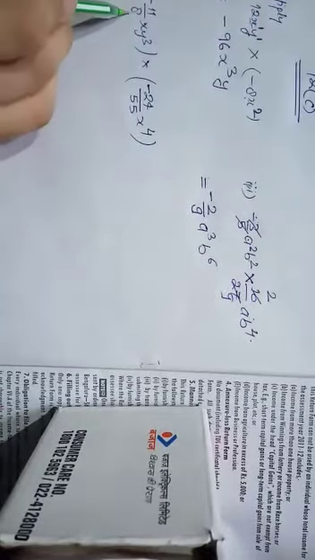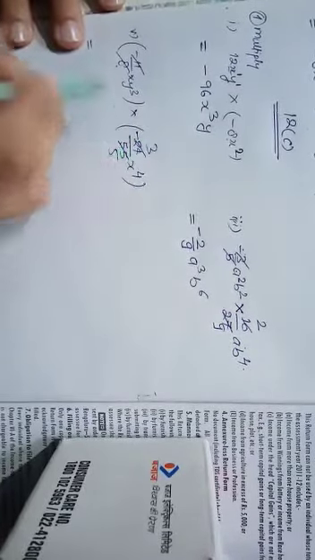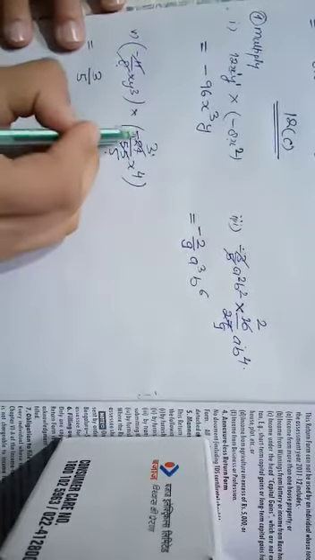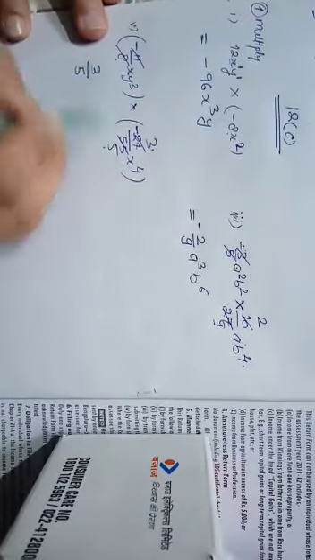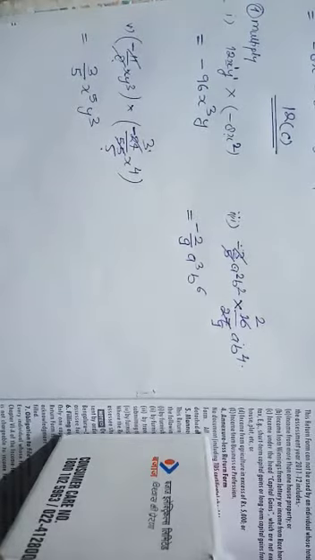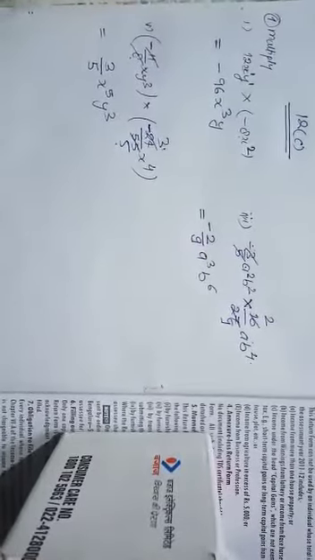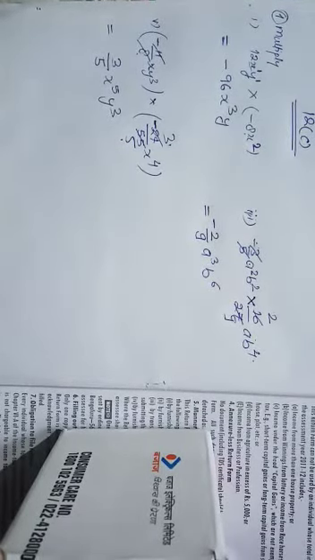Now we have to multiply again. 11 5s are 5 and 8 3s are 24. So the numerical factor is 3 by 5, and with a plus sign, because this is minus minus, that is plus. x to the power 1 plus 4, x to the power 5 and y cube. This is the answer. Very simple question. Also this question is not as per the exam, because it is very simple, and the chances of this question coming in the exam are very low.